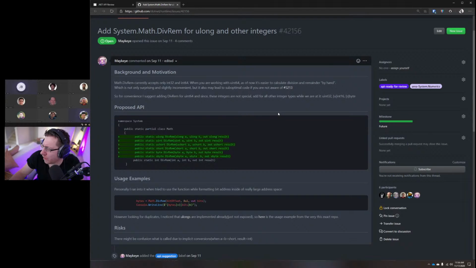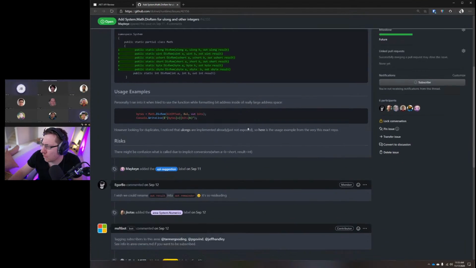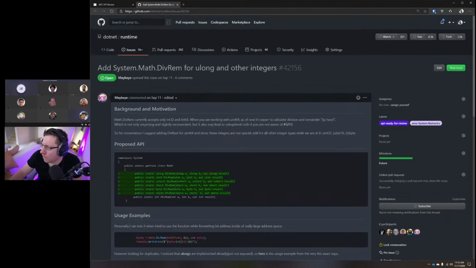Yeah, so why is that a different pattern? That's the pattern we already have, right? That does the out. I thought the proposal was to do something different. So the proposal covers two parts. One is we're missing these overloads, right? Especially for the unsigned types. And then at the bottom, I called out that the value tuple pattern is the pattern that has been optimized with the register allocator.